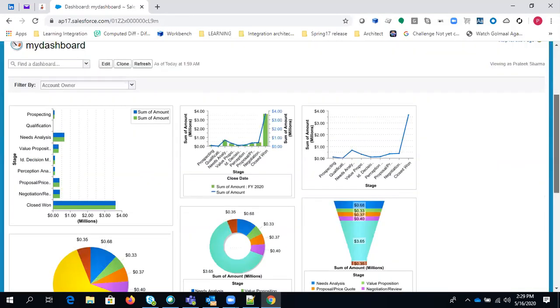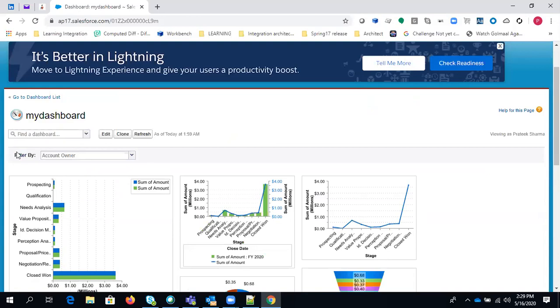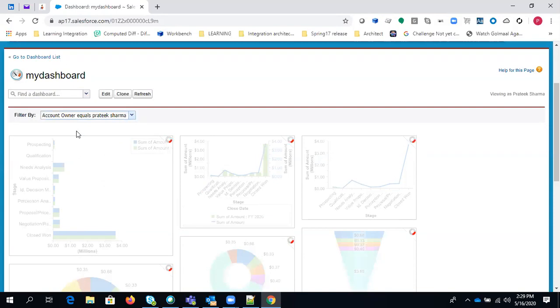So this is the dashboard we have created, but you can see there is a new dynamic filter available. So you can also display the data based on the user. Let's say if I select Pratik Sharma, it will only display the accounts in which Pratik Sharma is the owner. Let it display all the components.